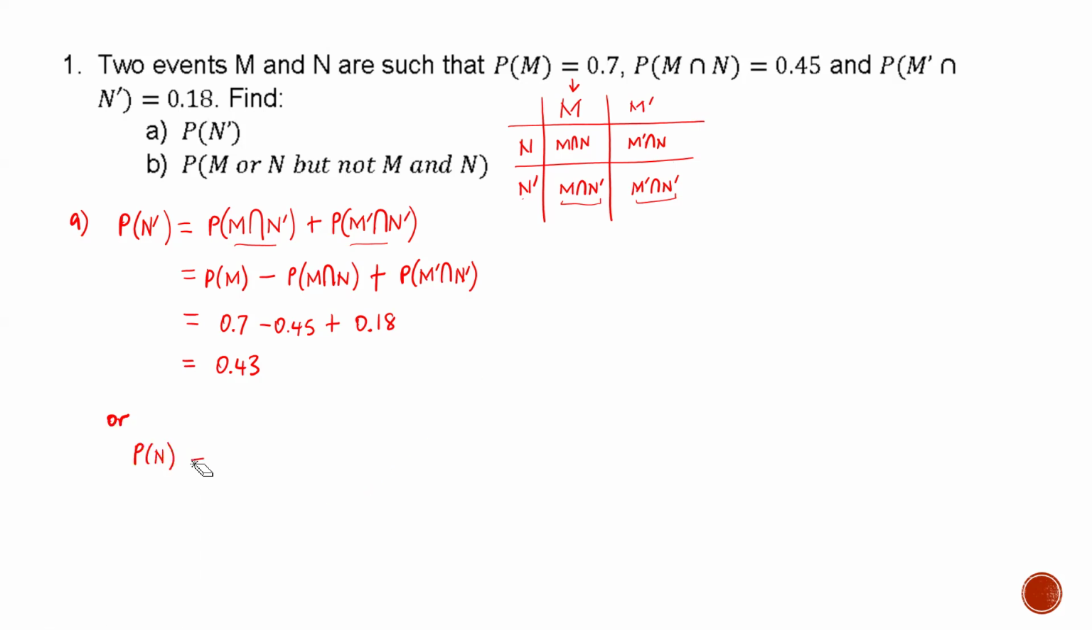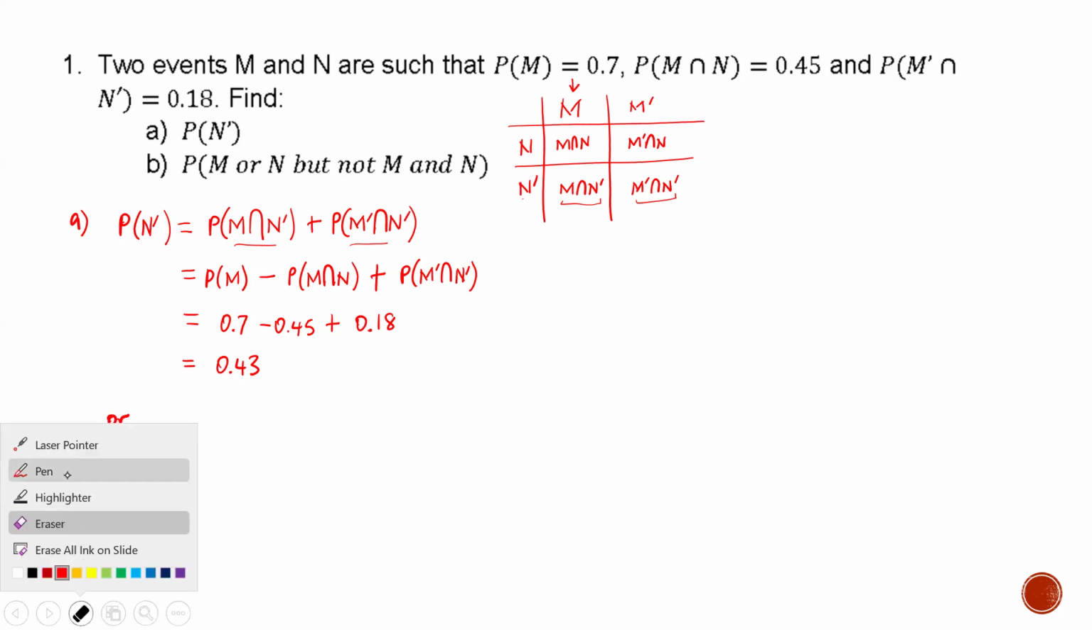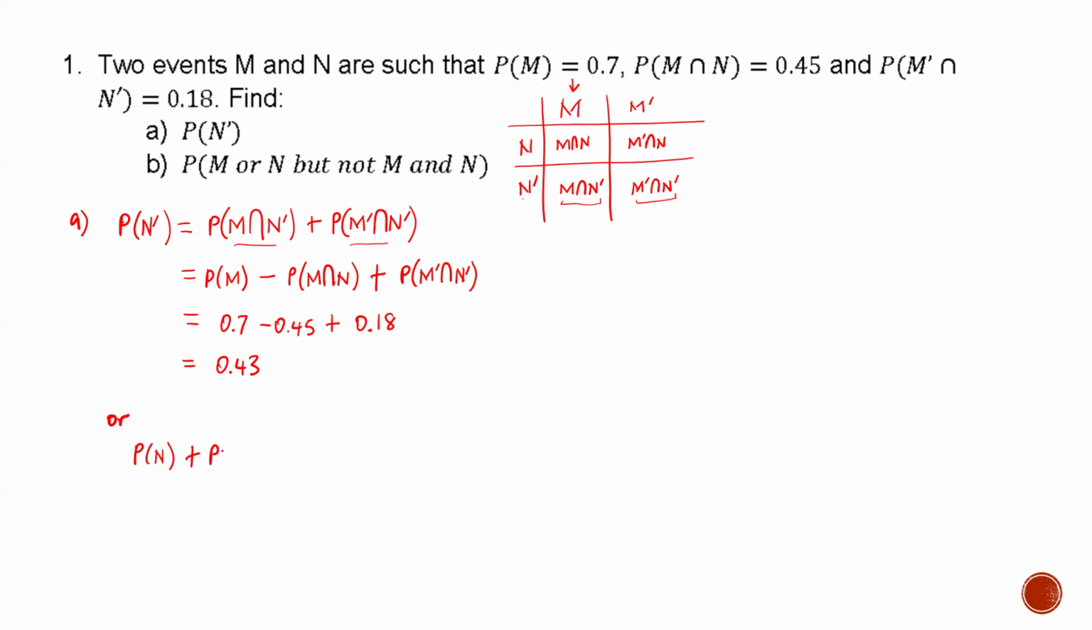So the other equation that you could use is the fact that the probability of N plus the probability of M minus the probability of M intersection N is in fact equal to the probability of the union of the two sets. This is a known equation, but it stems from the fact that if I just draw a simple Venn diagram, if these are your two sets, M and N,